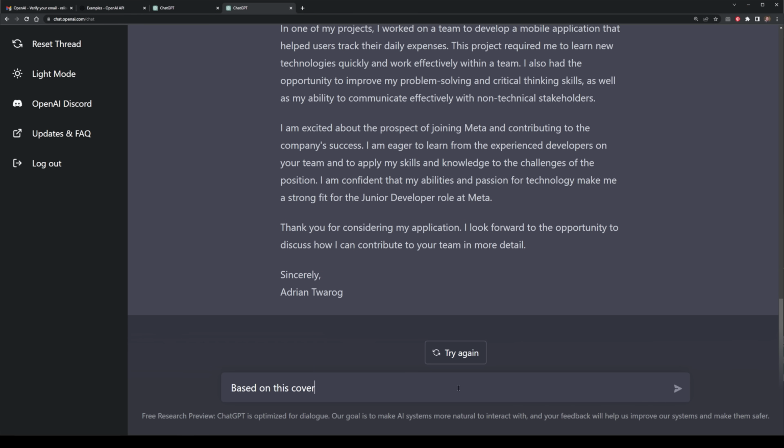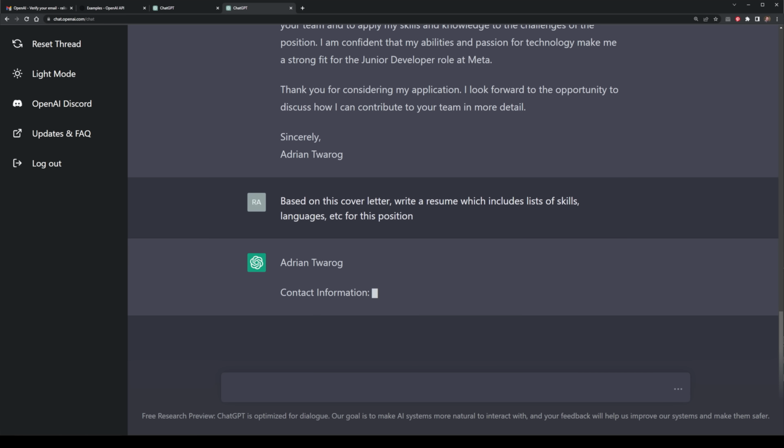Now, this time, based on this cover letter, I want ChatGPT to create a resume for me that I could maybe combine as part of this application. So I can simply write, based on this cover letter, write a resume which includes things like skills, maybe work experience, maybe even other things such as languages or etc. Based on the context of this, I'm applying for the same position, and let's have a look at what GPT